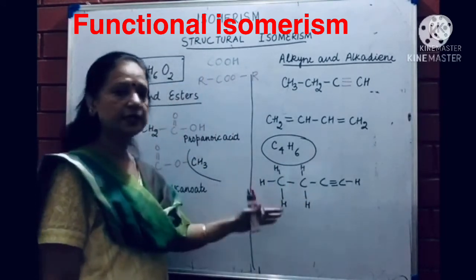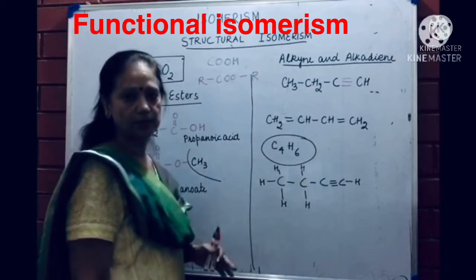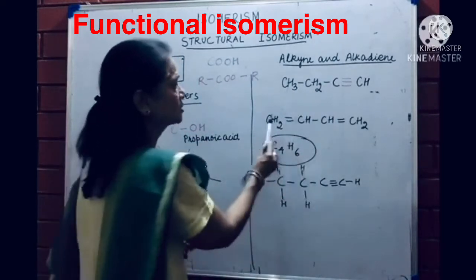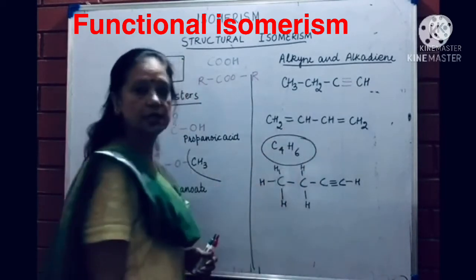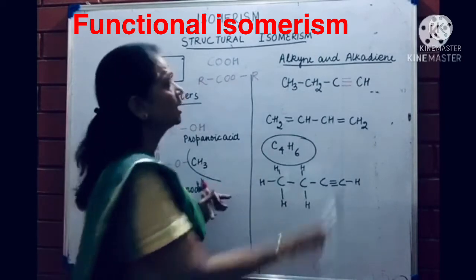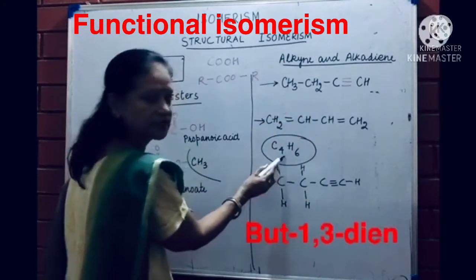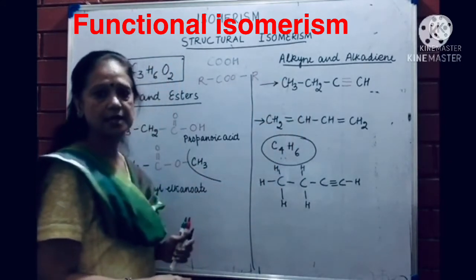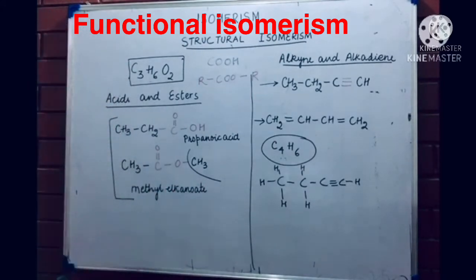If it is fitting into an alkyne, the other compound must contain 2 double bonds. Alkadiene means it contains 2 double bonds. So again, make 4 carbon atoms, put 2 double bonds at any 2 places and then cover it up with hydrogen. And then you will say there are 2 isomers made out of this formula. One is an alkyne, the other is an alkadiene, that is, containing 2 double bonds.